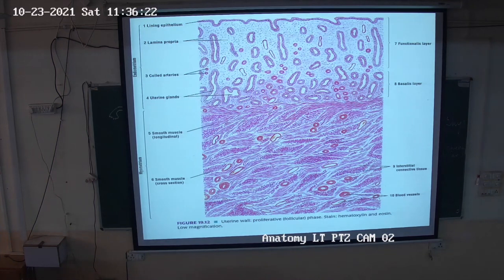Then after 14 days, after ovulation, this stage now it is influenced by the estrogen and progesterone as well. Ovulation हो गया, corpus luteum, तो वहाँ से progesterone भी आ रहा है. So this secretory phase actually prepares the uterus for the implantation. So it has to be more edematous, more protective, and gland जो है वो secretory fluid करते हैं, which protects the fetus and provides nutrition. ठीक है, so these glands they take a tortuous course here.